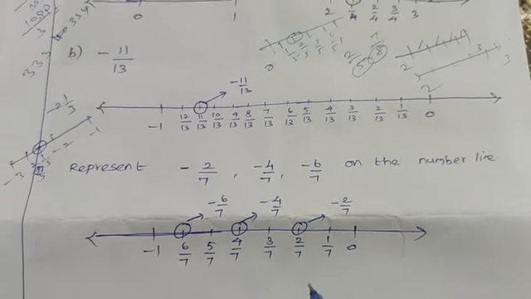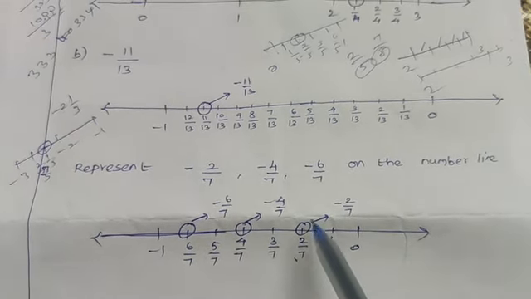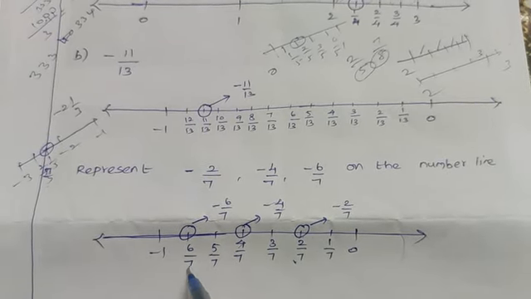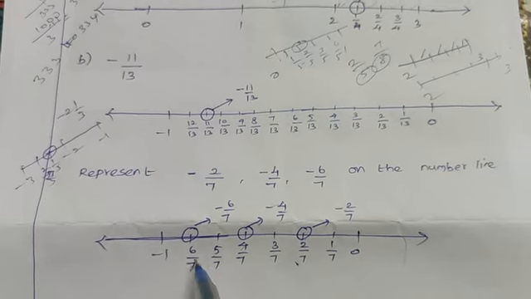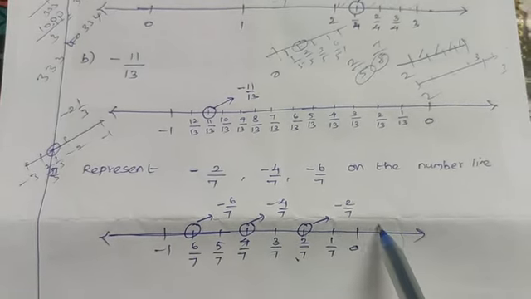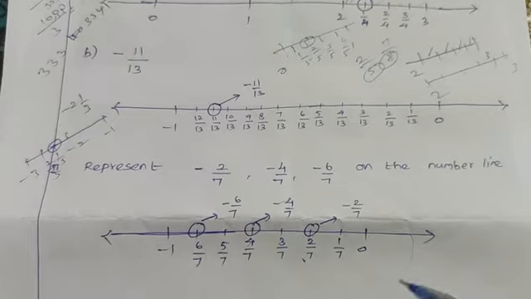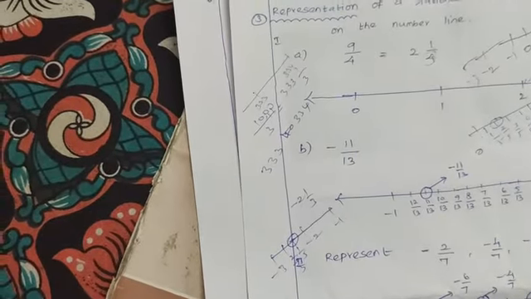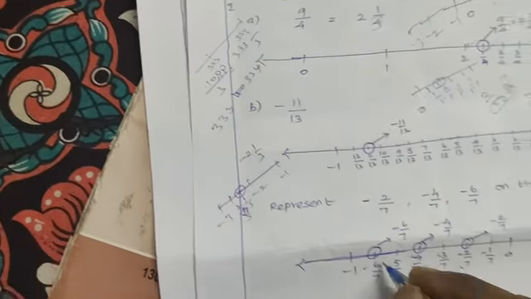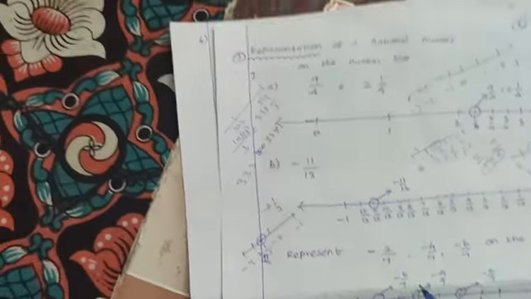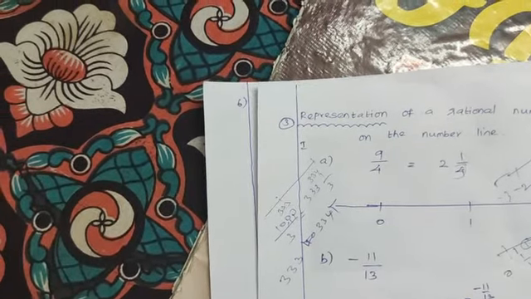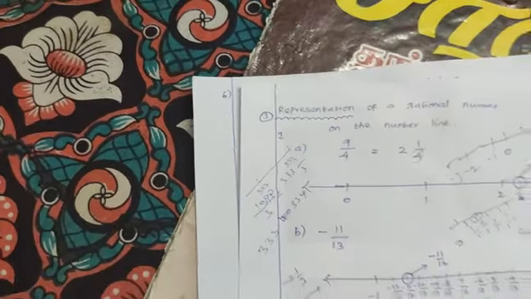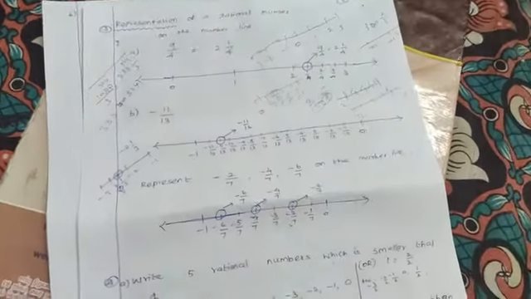So minus 2 by 7, this number. This minus 4 by 7, this number. Minus 6 by 7, this number. Okay, don't confuse with the negative. So this is the meaning. This definitely lies between 0 and 1, no? 0 to minus 1, no? You can write minus, minus, minus here also, nothing wrong. So here also you can write all those things with minus, nothing wrong. But understand, there is no need to write this minus. We divided into some equal parts, so that's why no need to write it.